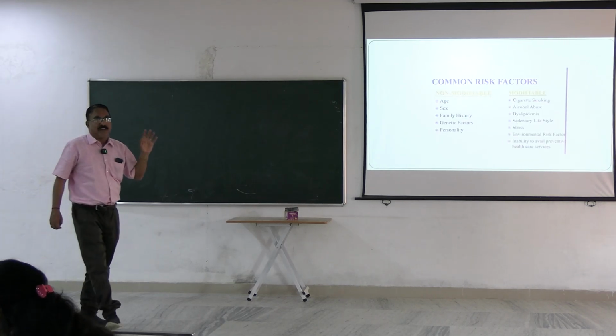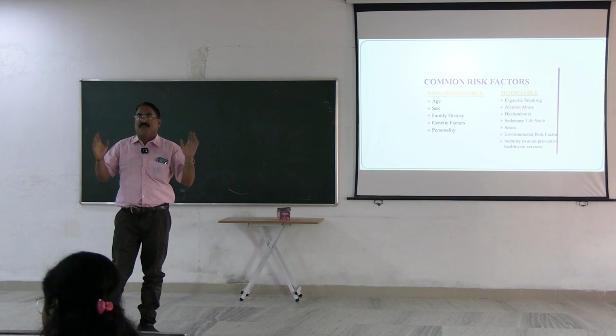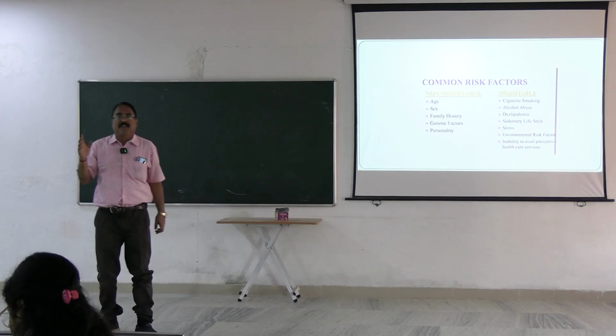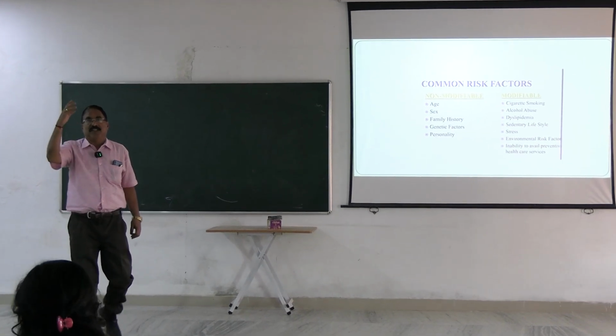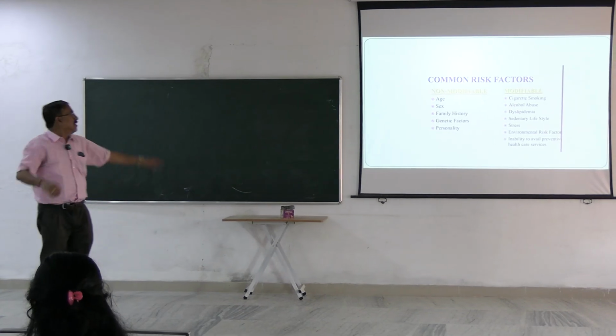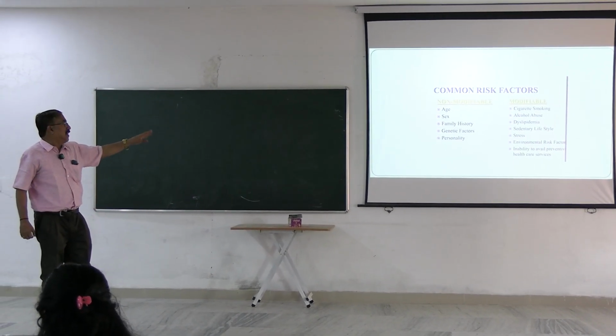So, now here in non-communicable disease, we have two things. One is risk factors: modifiable risk factors and non-modifiable risk factors. Some things you cannot modify. Your genetics, for example. What if your parents have got some risk factors? A part of it may or may not come to you. So, again, age is something you cannot change. Sex, family history,